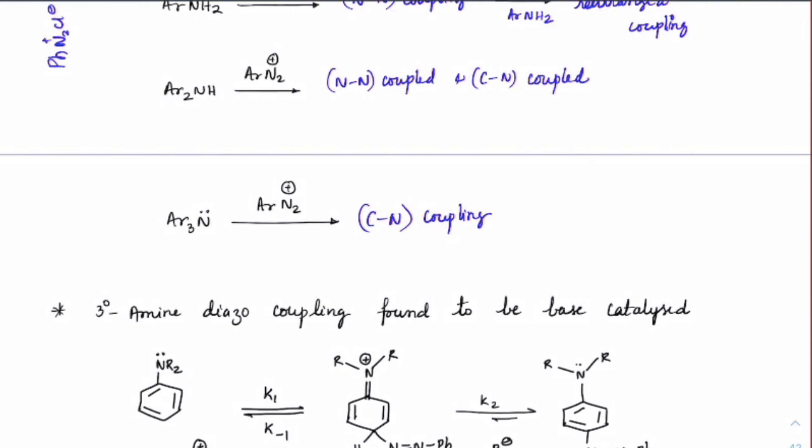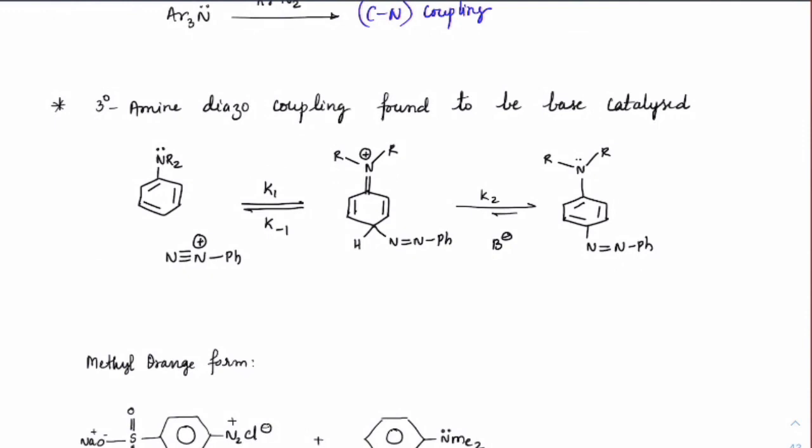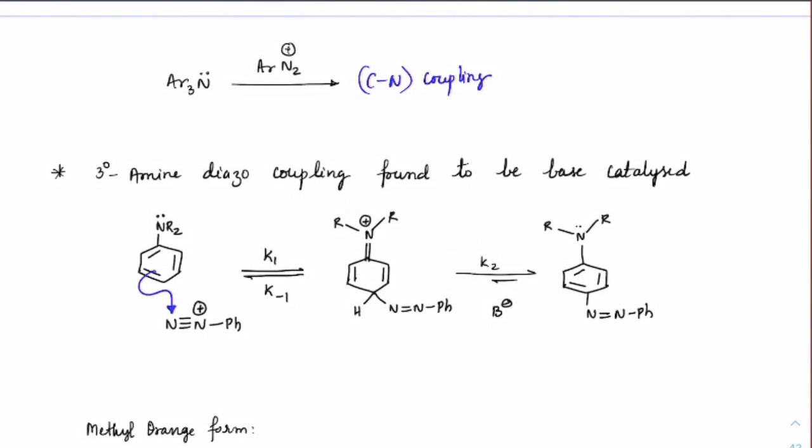The reason is, see this nitrogen, we have discussed this before also, tertiary amines, if you react with diazonium salt, it will become very bulky because the lone pair will attack on that N. So already there are two R groups with a phenyl group and one more group will come, it will become very bulky. So it will never attack from that lone pair directly. You will see this pi bond will attack here, got it, and we will get this compound, and on removal of this H+ we should get back here, like this, correct.